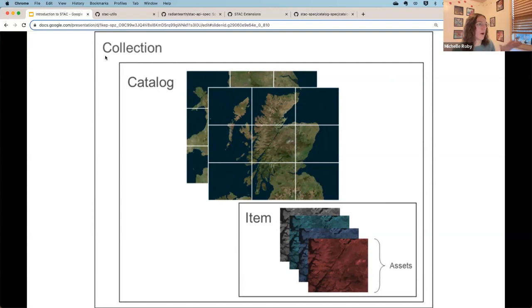But regardless, we have a larger grouping, then a subgrouping, and then within one of these tiles, so it looks like it's this one, each one of these is an item. And so we pull that tile out, and seeing all the bands, each of those is its own asset, which is the downloadable file that you would actually work with.